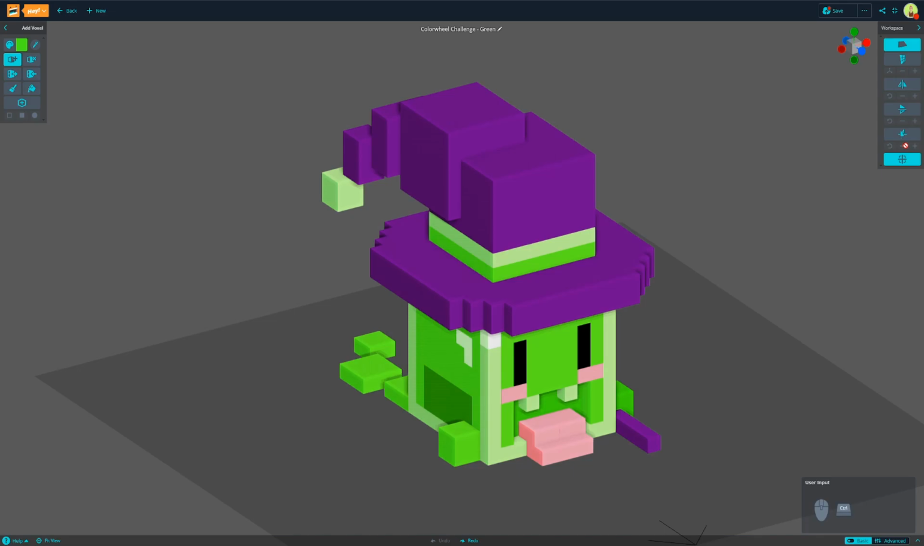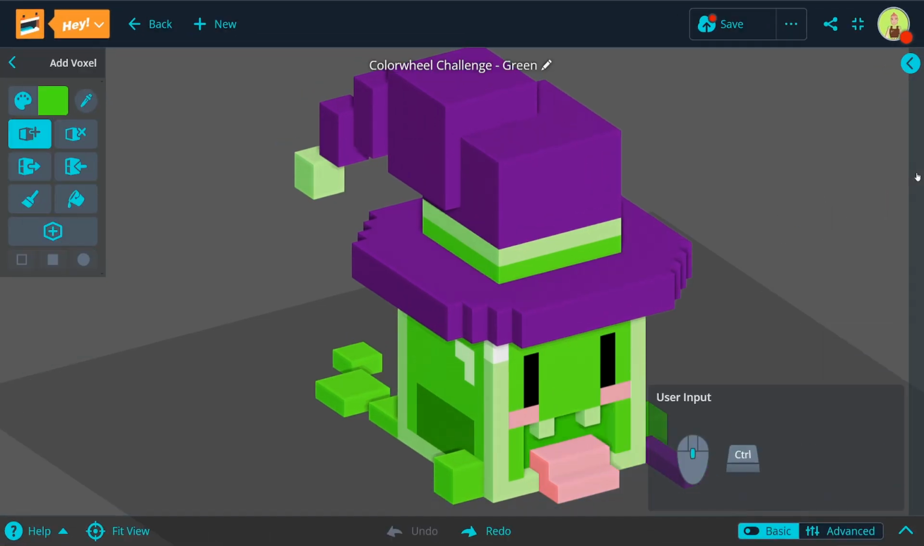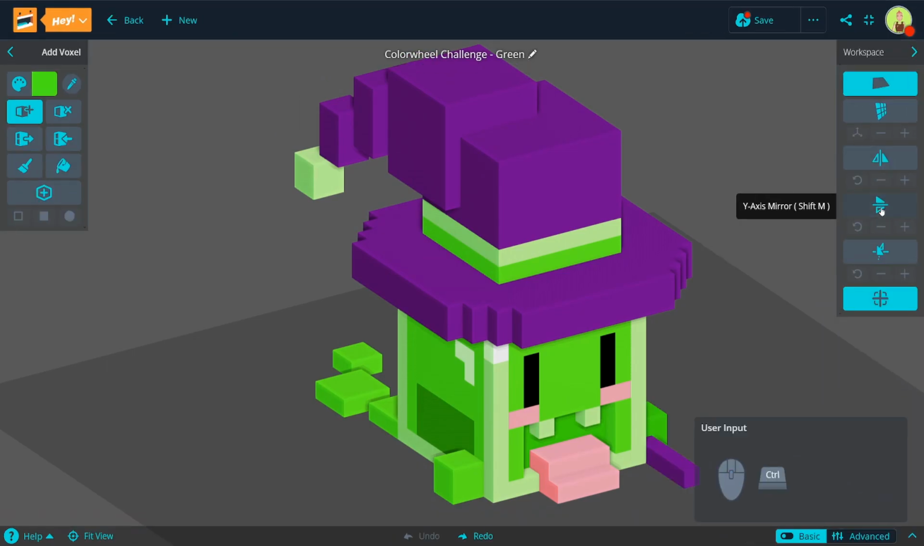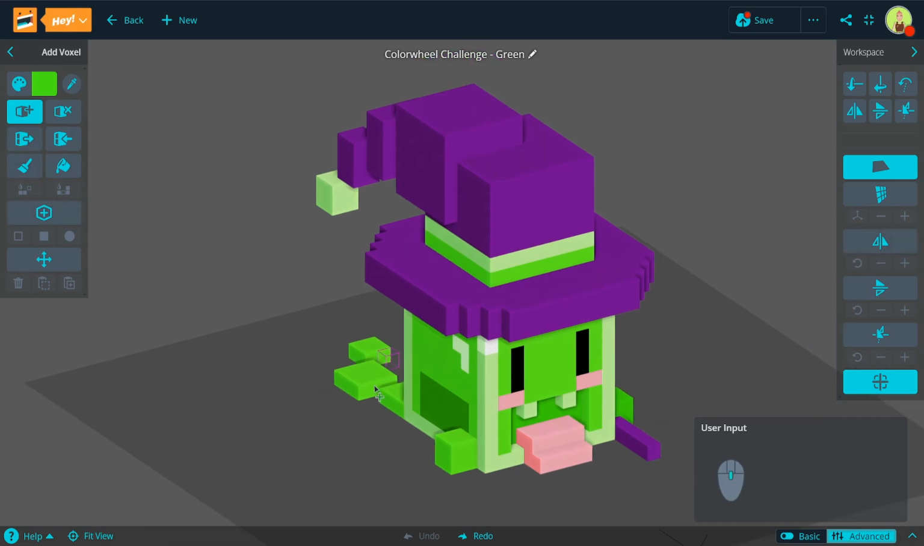Let me actually fix the UI first so you can still see what I'm doing. That's quite close. All right, let's jump into advanced mode. You're going to see a whole bunch of new things pop up here on the left and right menus. It just got a little bit more complex looking. So let's start